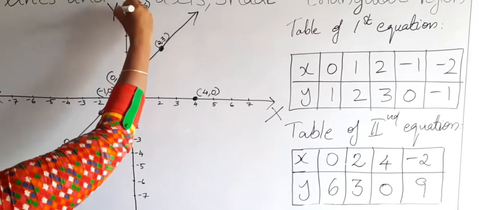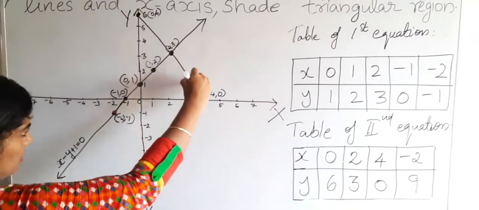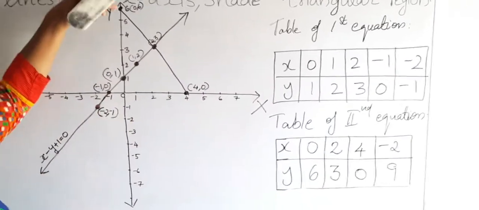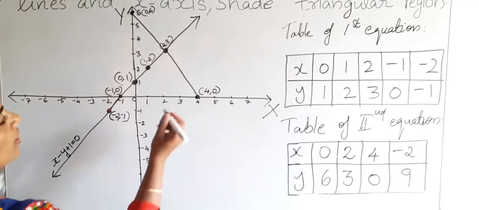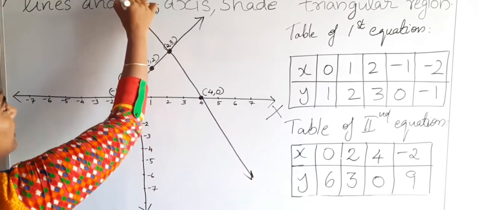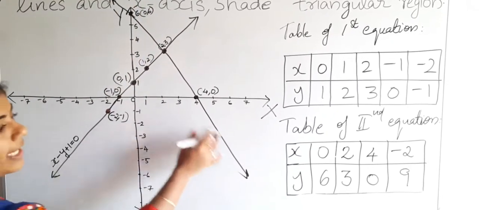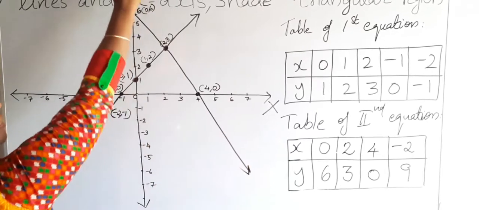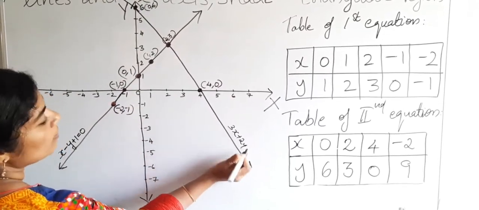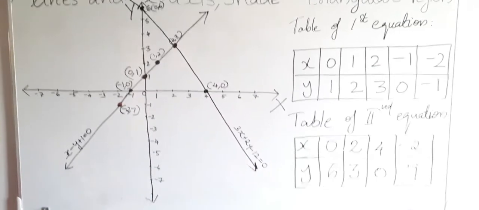Now we are connecting these points. The three points are 1, 2, 3. If needed, the last point you will get here, then you have to extend the y-axis. Now we are just extending our line. We can extend it in both directions, and you have to write the equation. What is the equation? 3x plus 2y minus 12 equals 0. That equation also you should write.